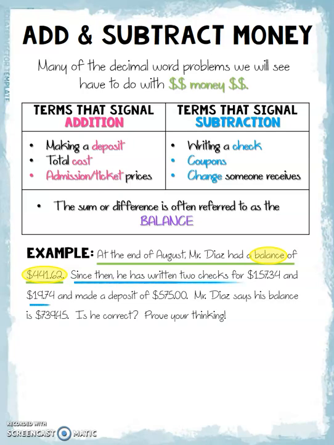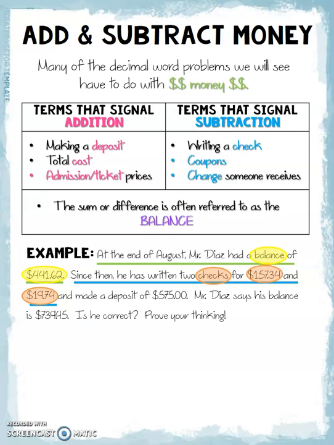The first part reads, since then he has written two checks for $157.34 and $19.74. Now I remember that writing a check often signals subtraction. And in this case, he wrote two checks. The first check was $157.34, and the second check was $19.74. That means when I solve, I'm going to have to do something that will allow me to subtract both